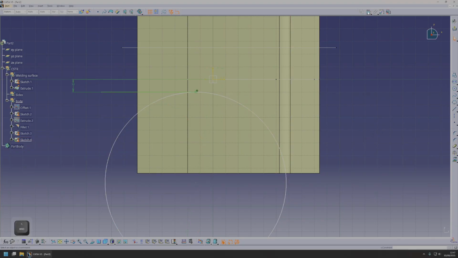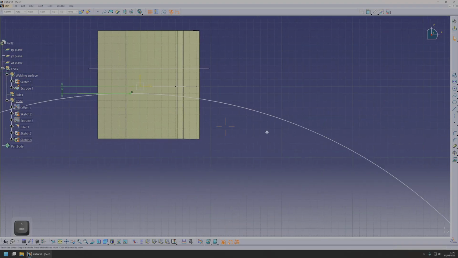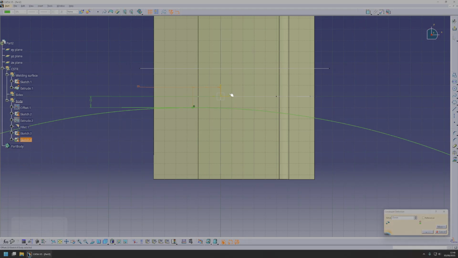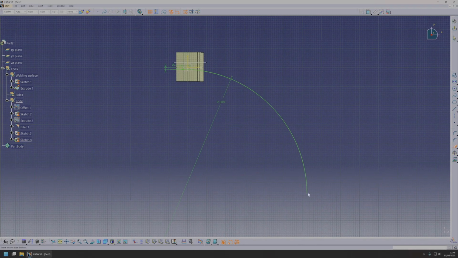Now, let's put the dimensions first. This one we can call it 1300 radius. Good. And then we need to constrain this point where the circle starts. 25. Yeah. And this is why we added the dotted line there, because now if you cut, it will cut all the way to here, and I don't want it to extend that much,